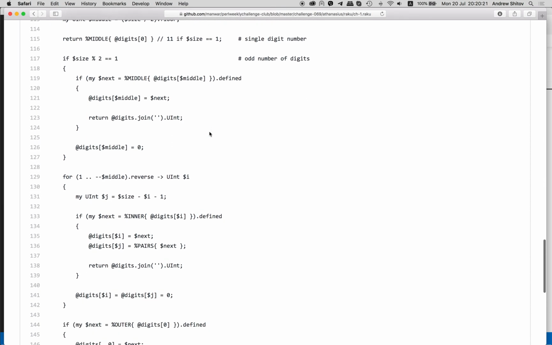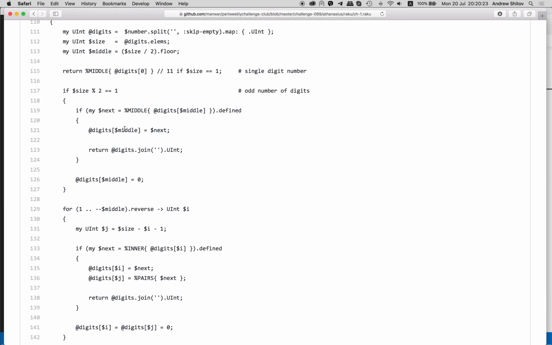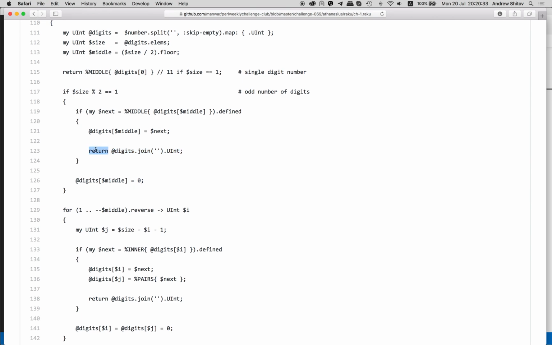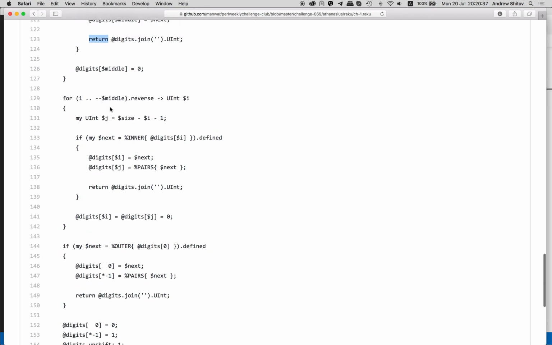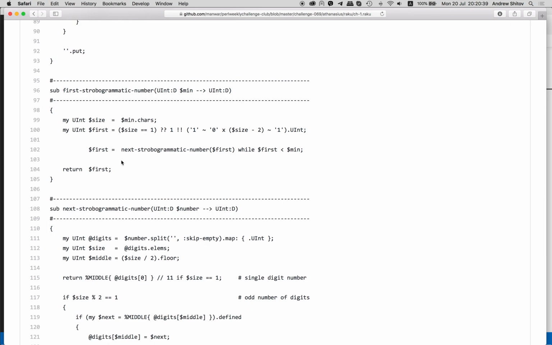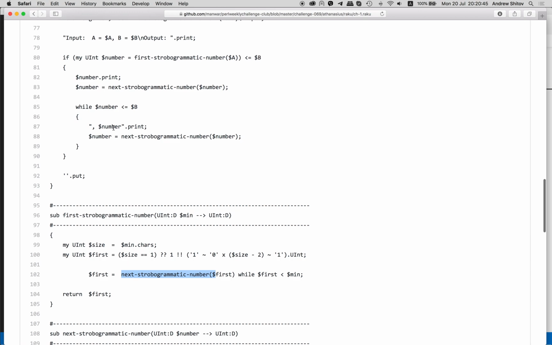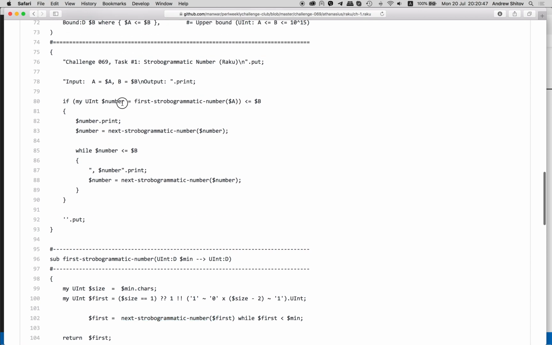I find the solution really difficult. Then, like, take next, return, join all those digits. Basically, here you will have some number, and you will return from this function, and you will find the next number, right? But that's not the end of the function. But okay, so for example, we find the next number here, and then we return it here, right? And inside this